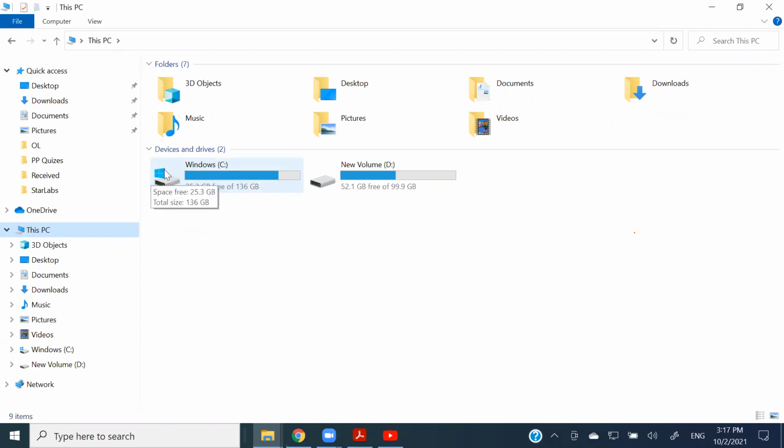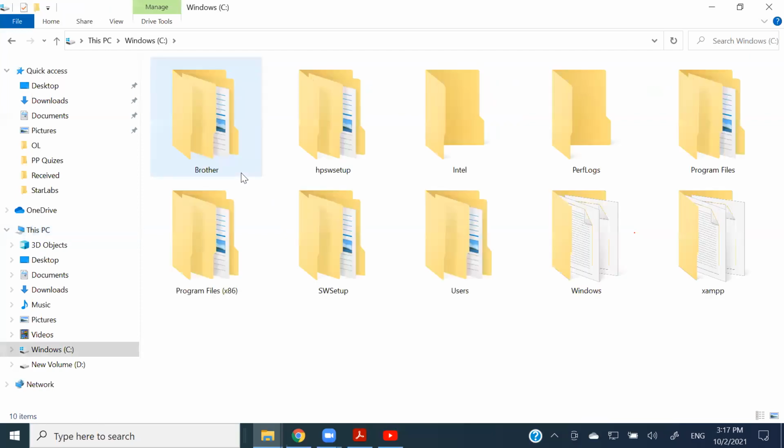And again, you can see some Windows icon over the hard disk that indicates this is the partition or the portion of your hard disk which contains the Windows. Now, once you double click and open this, there is a folder called Windows. When you are going and searching for your Windows folder in your computer, do it very carefully. If something goes wrong, your entire operating system is not going to work, right?